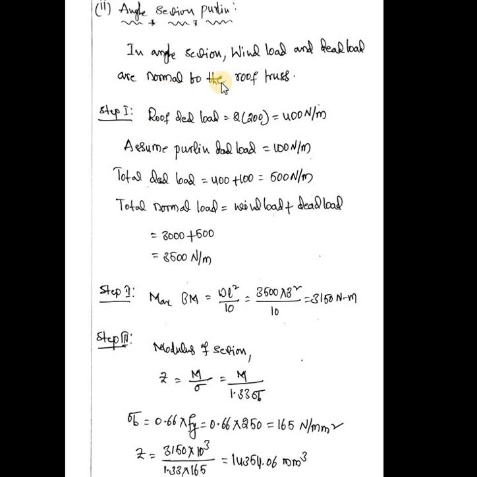That is the difference between channel section and angle section. Channel section and I section both have load along UU axis and VV axis. Biaxial bending will be there, but for angle section only one bending will be there, that is along UU axis. For that reason we calculated only the load along VV axis. Coming to step 2, after calculation of load, step 2 is to determine maximum bending moment.